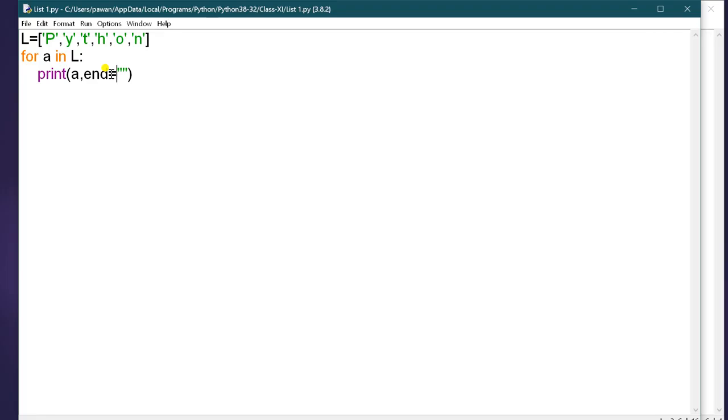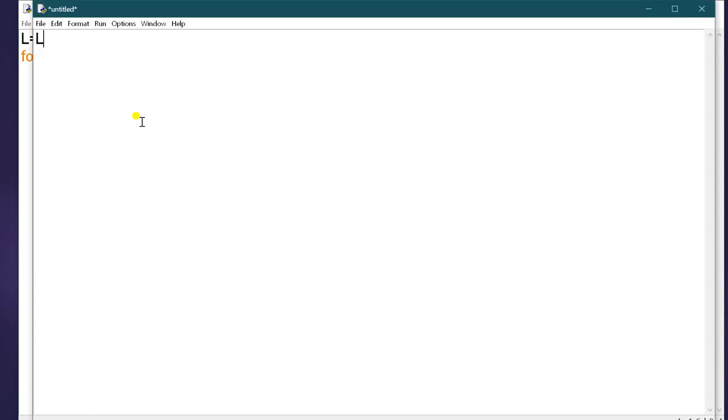Next, if you want to access the elements using positive and negative indexes, again what will you write? L is equal to, for example, Q, W, E, R, T, Y. Now you have to take a variable length that is equal to len of L. It will calculate the length of this list.